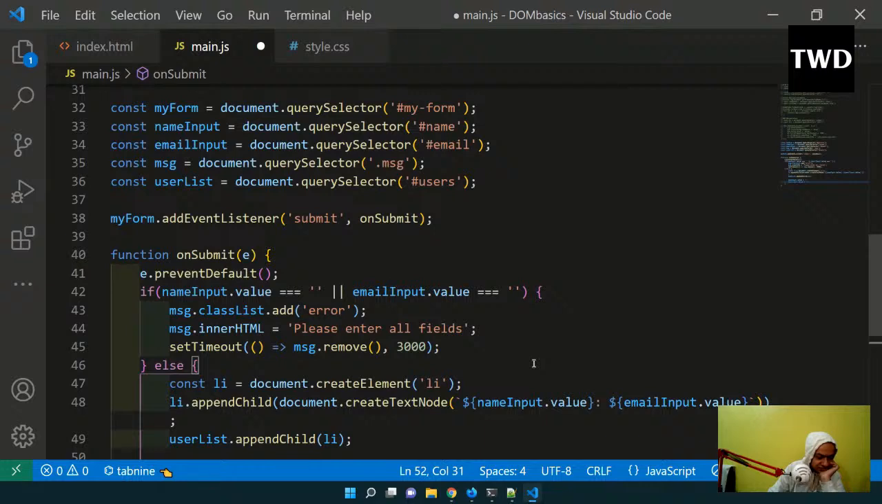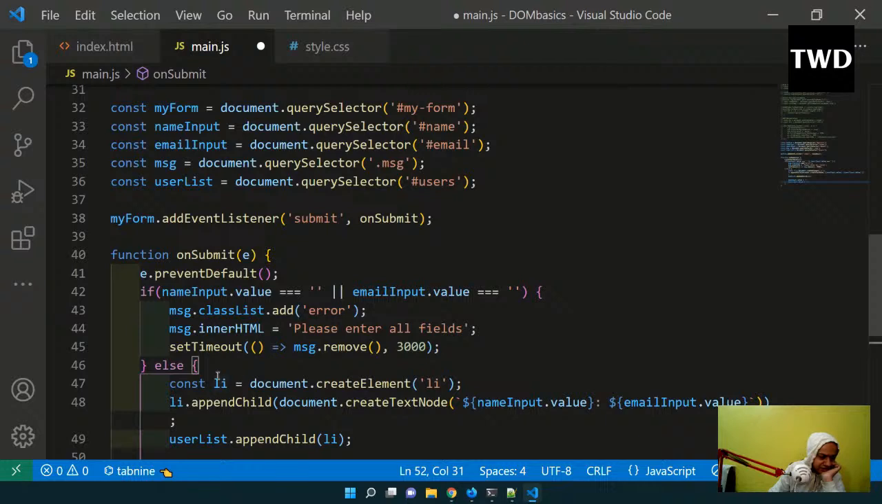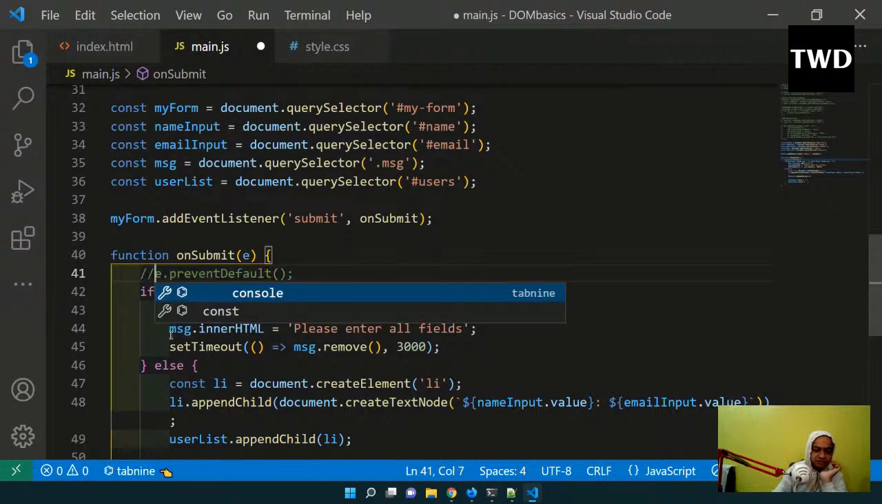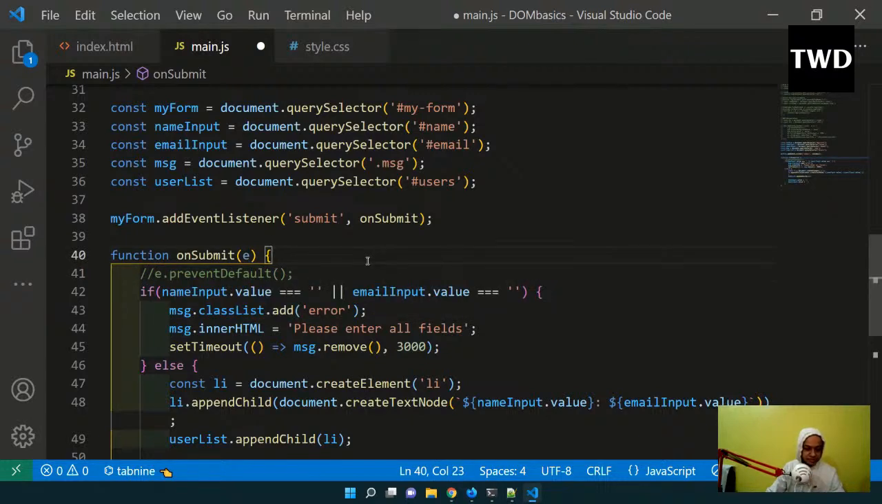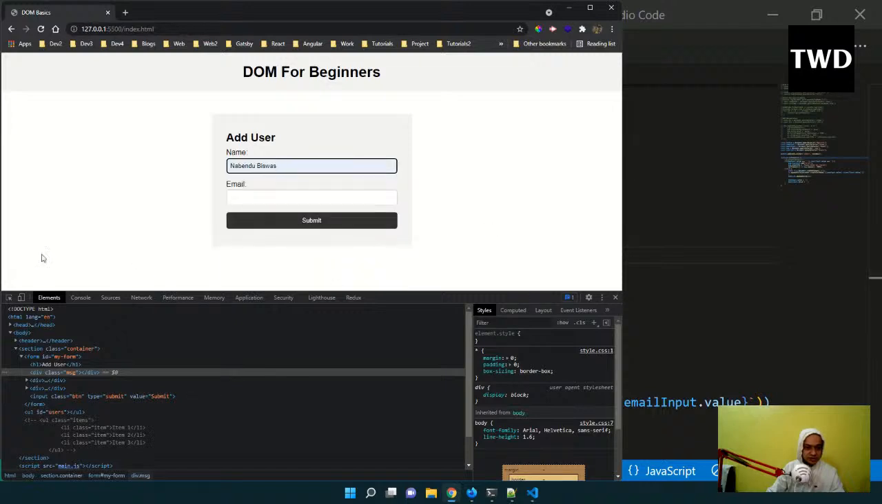So this is a very simple example, and setTimeout I'm doing because I don't want to validate it again and all. So this is a very simple example, not something like that. And e.preventDefault, okay, let me remove the e.preventDefault. And if I submit it,